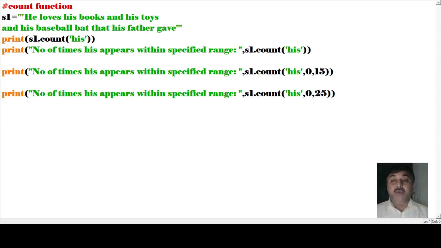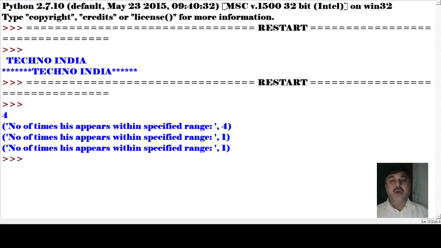So let us see what we are going to have and how we can find the particular output that we can implement and work on. Okay, so let us see the output of it. So now see here, in the total sentence we have 4 'his'. Now after 0 to 15 there is 1 'his', then 0 to 24 there is 1 'his'. So this is what we can find, the number of 'his' that appear as we are constructing the data, as we are constructing the words.